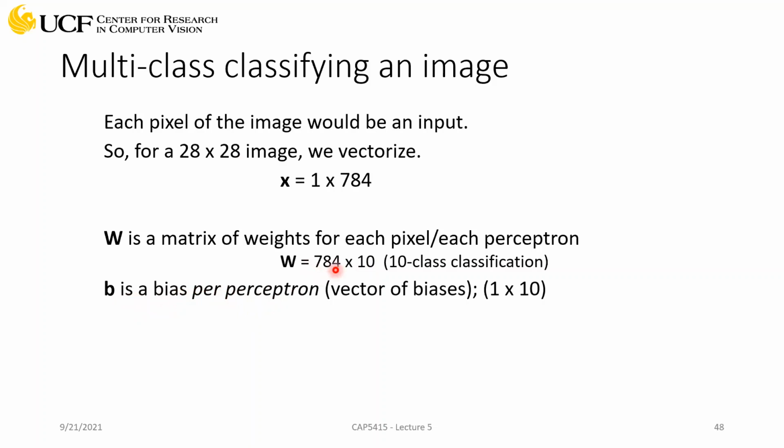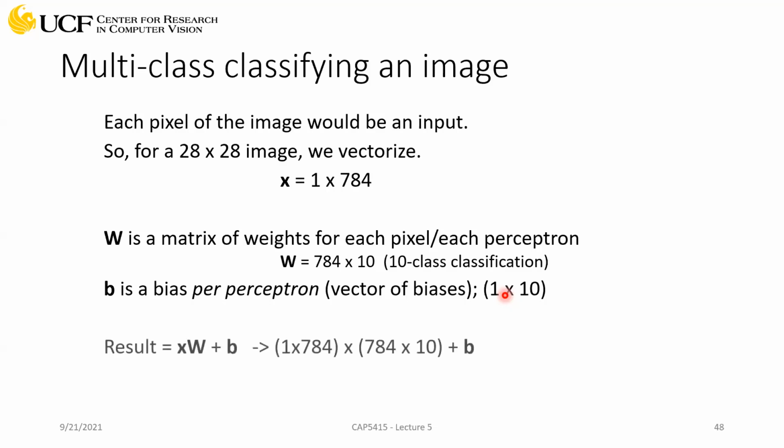And B is the bias term for each perceptron. So we have 10 different perceptrons, right? 10 different classes. So we need one bias for each perceptron. That's why we will require 10 different biases here. So you can see that the biases are not tied to the weights. The biases are tied to the perceptrons. So that's what we are discussing now. But of course, we have variations where we can tie the biases to the weights as well. So that's another variation, which is usually not done, but that can also be done. So right now we'll just have one bias for each perceptron, and that will be shared across all the weights